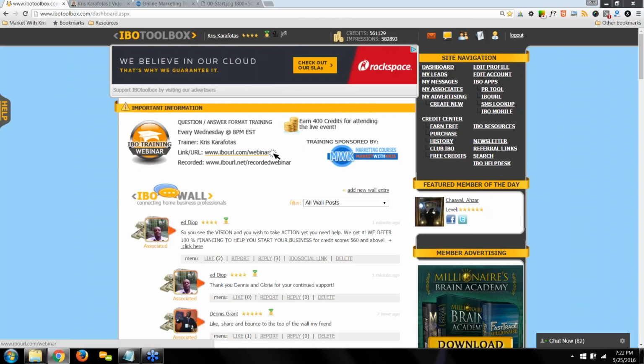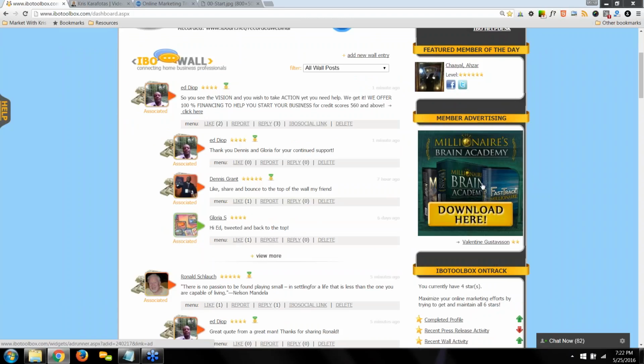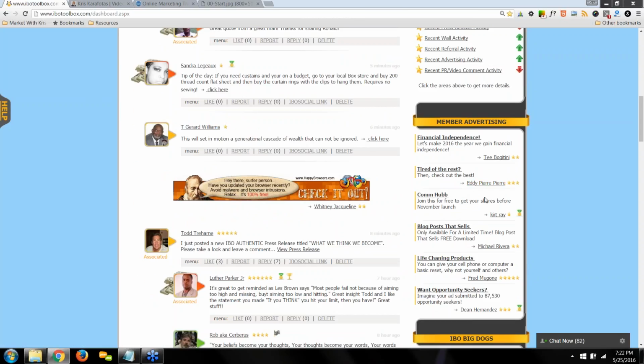I don't always see my ads running, but you can preview them to make sure that they're displaying. Here's a 250 by 250 ad. It's going to rotate with other members' ads that are running in the same spot. Listing ads are going to rotate here with other members that are running their ad here. Hope that makes sense.